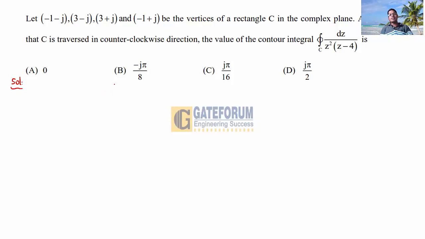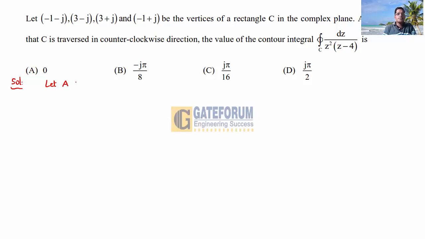So here rectangle is a closed curve. So the closed curve integrations are easily evaluated by Cauchy's theorem, Cauchy integral theorem or Cauchy integral formula. If there is more than one singular point, it is better to apply Cauchy's residue theorem. Let us see. Now, let